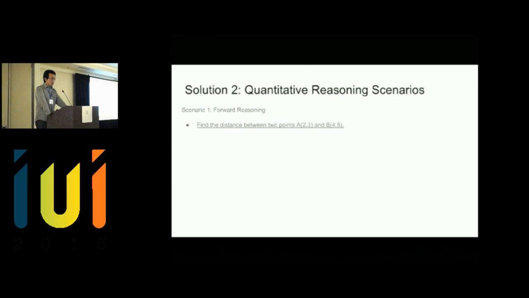Okay, the second question that we need to ask is, based on the semantics that we developed, how we further do the quantitative reasoning. I want to tell you about the different scenarios of reasoning. The first scenario is forward reasoning. Like the first question that I present here, given two points, how to find the distance. If you compare it to the second one, which is the backward reasoning scenario, you notice that we give you the distance information, or the quantitative values. Then we need to do backward reasoning in order to find the corresponding values.